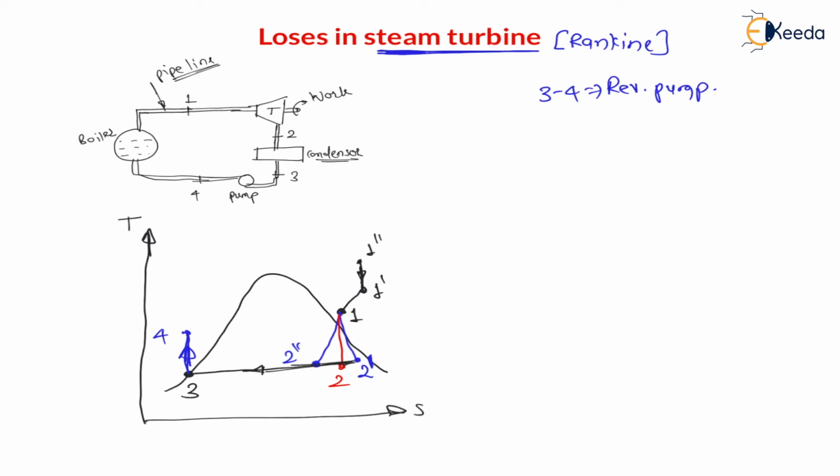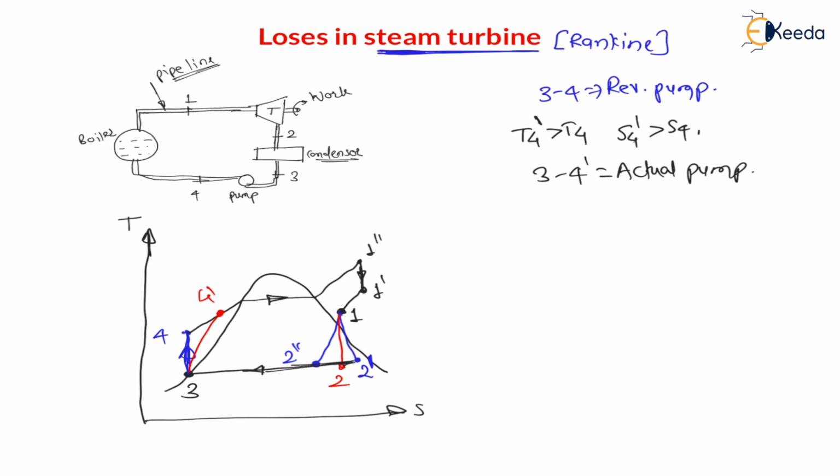Let us draw for the reversible process 4 to 1. The process is like this for a reversible constant pressure process, that is the boiler. 4 to 1 double S is the boiler, right? Now here because of losses in the pump, 4 will reach 4 dash, and definitely because of friction T4 dash will be more than T4, and S4 dash, the entropy at 4 dash, will be more than S4. Entropy also increases, temperature also increases. Therefore we can say 3 to 4 dash is the actual pump, right?